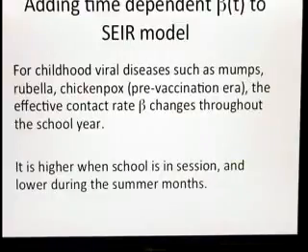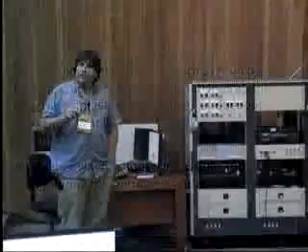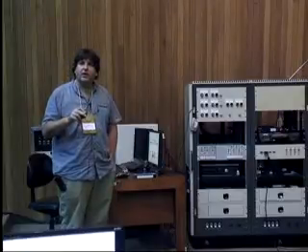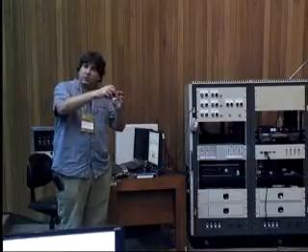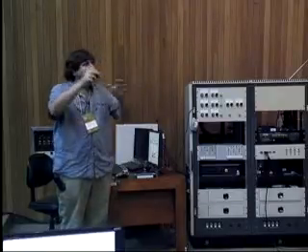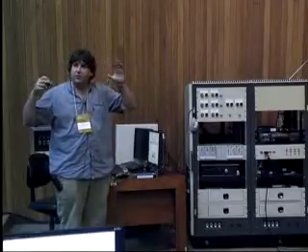So what a number of researchers have done, and I think much of this has been done in the last 5 years, so this is pretty recent, is they let beta of t be time dependent depending on the school year. And again, think childhood viral diseases. That's what we want to model. So you let beta of t be time dependent, and you let it be kind of small during summer vacation and during Christmas break and so on, and you let it be higher, maybe much higher, there are some actual estimates, during the school year.